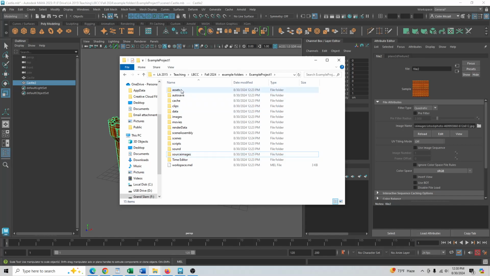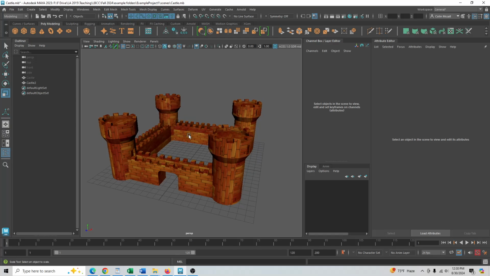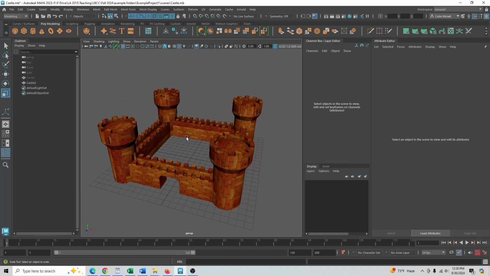So you need the thing and the texture attached to it just for this very simple scene. And between all these, assets, autosave, cache, clips, data, images, movies, render data, scene assembly, scene, script, sound, source images, time editor, and the workspace.mel, this file right here that allows Maya to dive into these and find everything. This is always essential because Maya is trying to take these various scattered things and put them all together in this scene. If you just turn in the castle.mb, it doesn't have the folder with a texture on it and